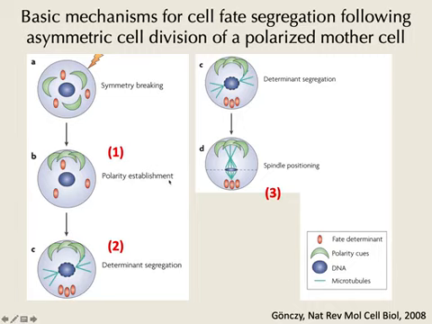And then finally, in the case of an asymmetric division, the asymmetric partitioning of fate determinants is essential in embryonic development and other situations. So again, if you think about it, the last thing you need to couple with this polarity is the spindle, right? The positioning of the spindle. So that's what's shown here. And if you position the spindle on the same axis as the polarity cues and the fate determinants here, and here's the DNA, and I guess this represents kind of a metaphase plate.